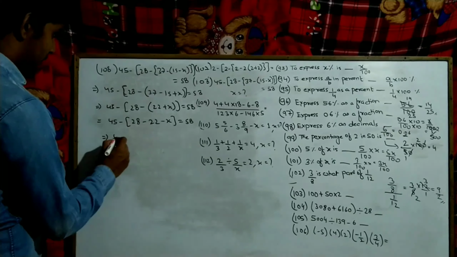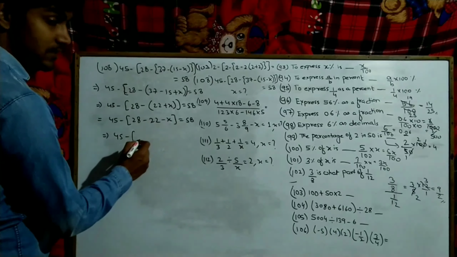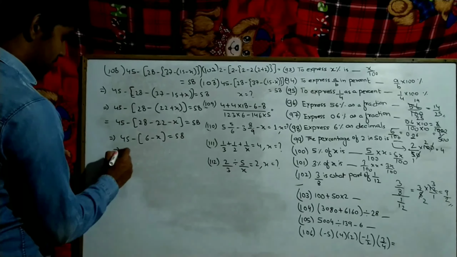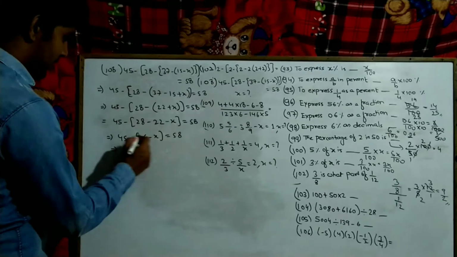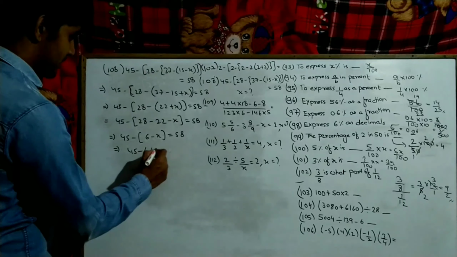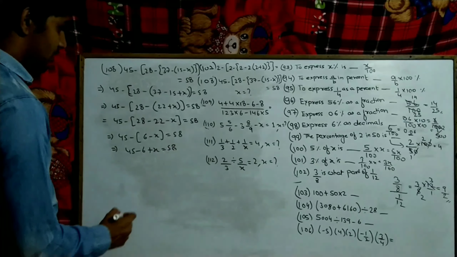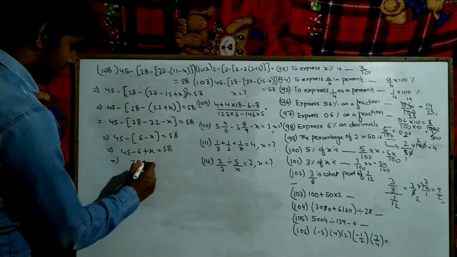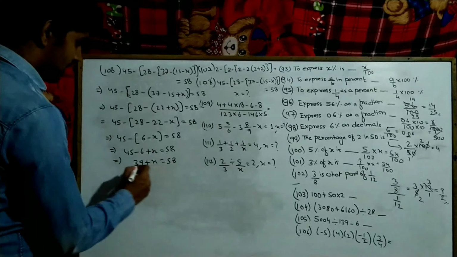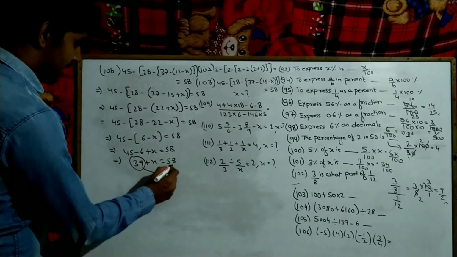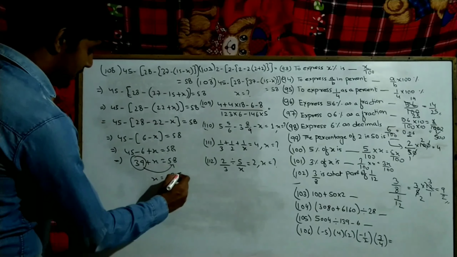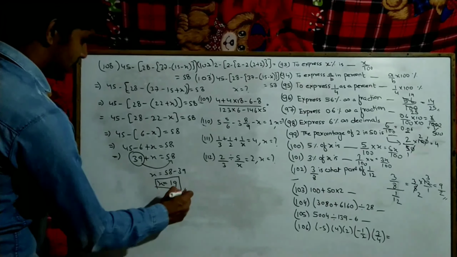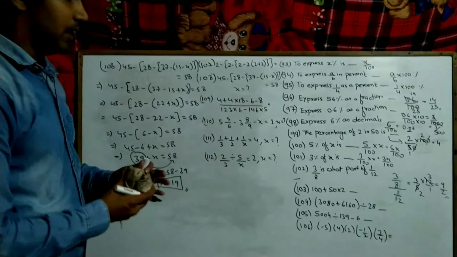Okay, now 45 minus 28 minus 22, it comes 6, minus x is equal to 58. Now again open the brackets, 45 minus 6, minus minus becomes plus x, is equal to 58. Okay, now 45 minus 6, 39, plus x is equal to 58. Now this part, both that side becomes minus, so x is equal to 58 minus 39, it comes 19. So x is equal to 19. Clear everyone? Okay, let's go for